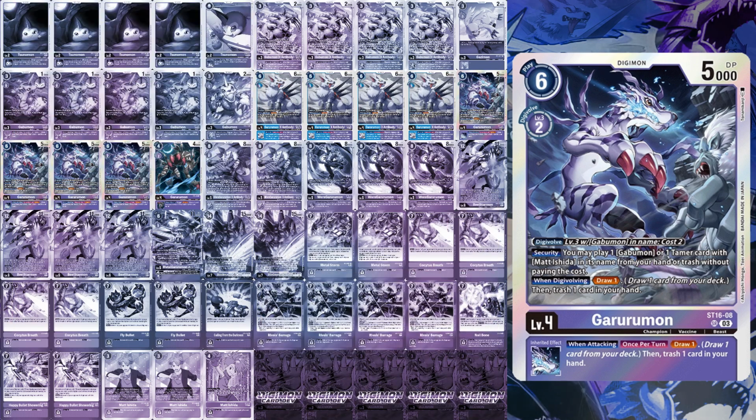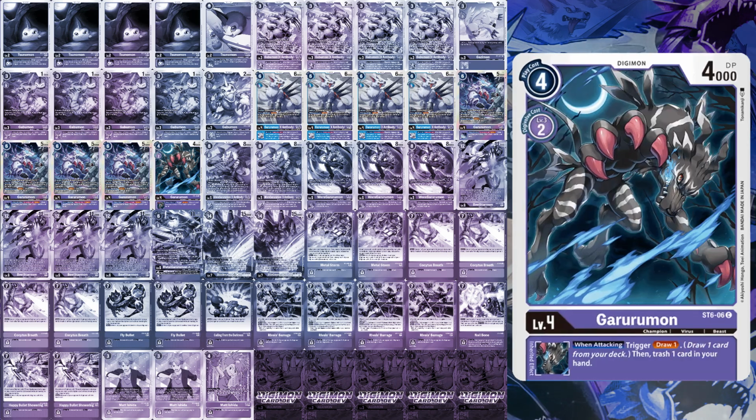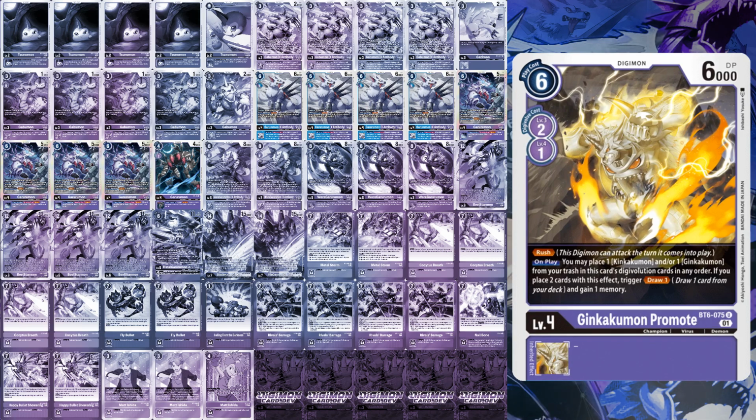Combo this with Garurumon X from EX5, and your engine further facilitates another 2-card dig and trash, while also again providing another layer of battle protection. For the last Garurumon, you can run any purple Garurumon. I chose the Starter Deck 6 one because it's not once per turn. Previously, I had been running a Ginkakumon promote, but against Anubismon, finding your Garurumon pieces and getting trash fodder is